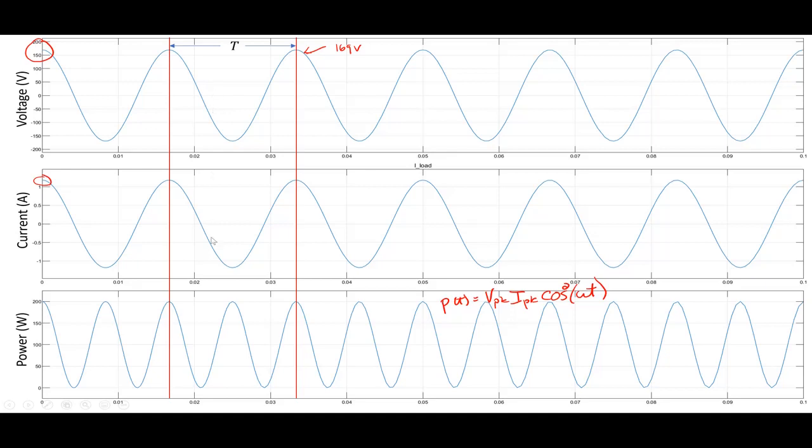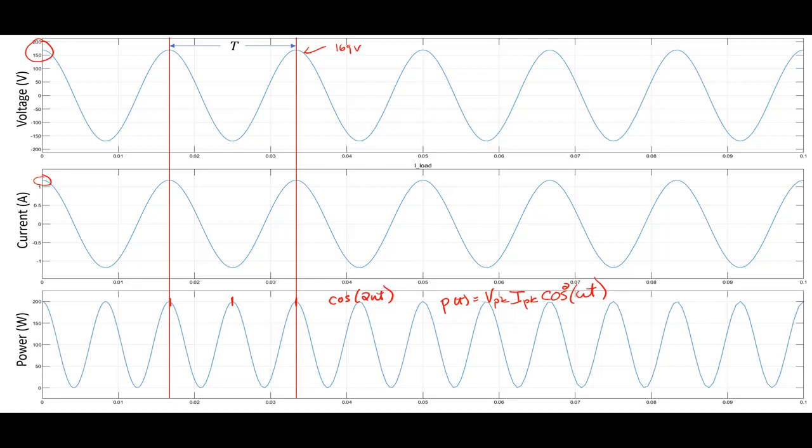When I say twice the frequency, because if I look at one period, which was marked out with these red lines, I can see that power goes through one period here and a second period here. In other words, it went through two variations. So in one period of the voltage, my power, P of t, went through two variations. So it would seem like what I have here is something that looks like it's varying at cosine 2 omega